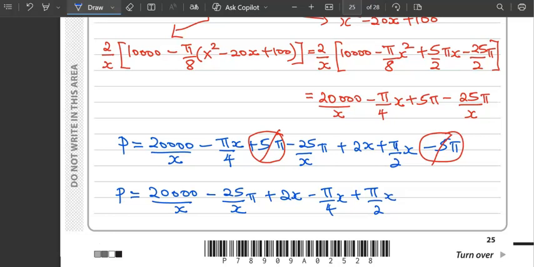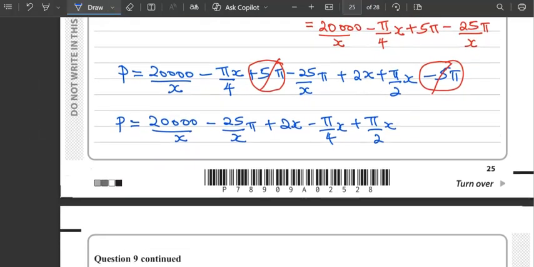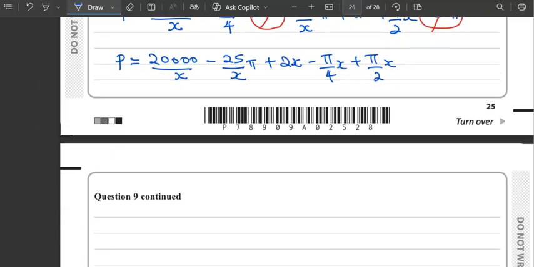What are we supposed to do here? We can collect the like terms. Of course, we've simplified that using the calculator, and this one will give you pi over 4x. It will give you pi over 4x. So simplifying this,